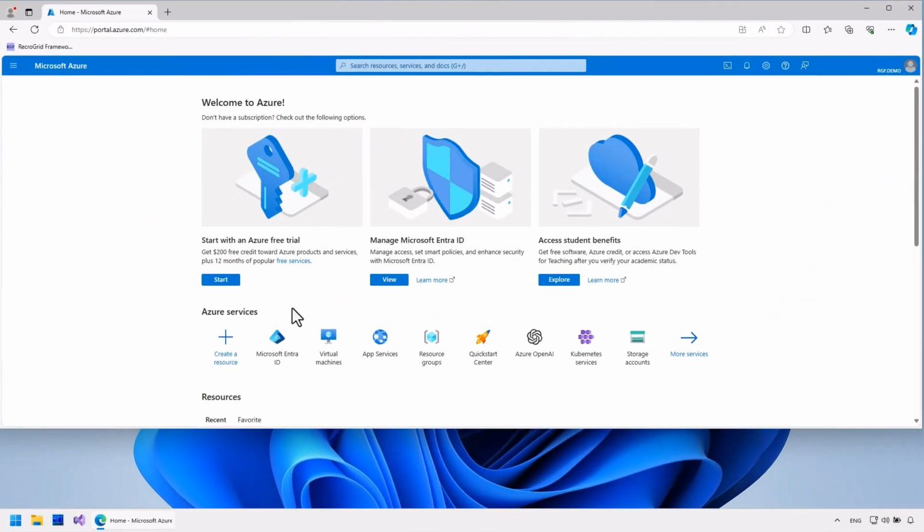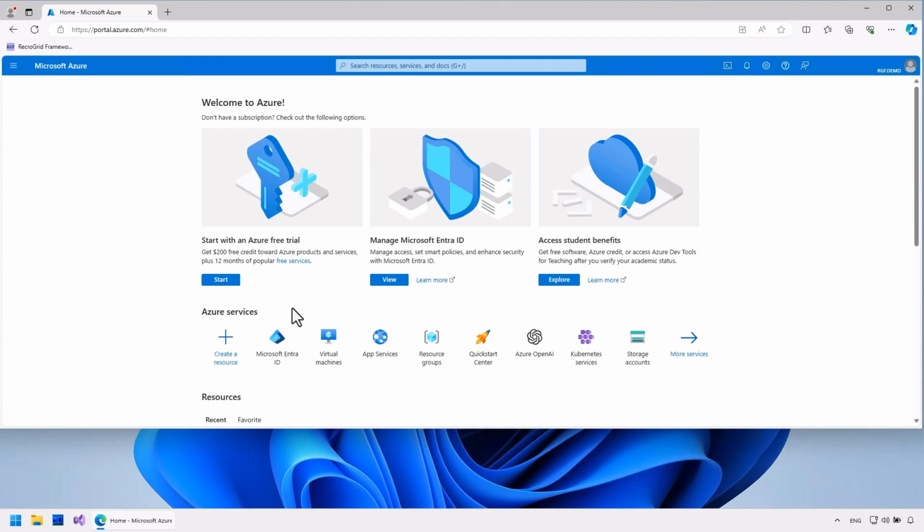Greetings everyone. Here I am again, and in the next tutorial, I will register two applications in Microsoft Entra ID, formerly known as Azure Active Directory, that I created using the Recrogrid framework. The ultimate goal is to enable users to securely log in to the Blazor client application using OpenID Connect. The client application will use access tokens to authenticate access to the server-side API application built in .NET Core.